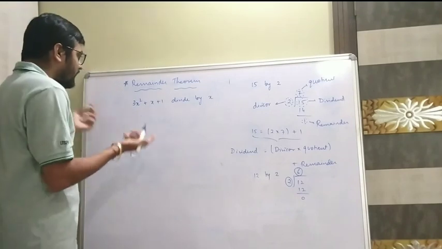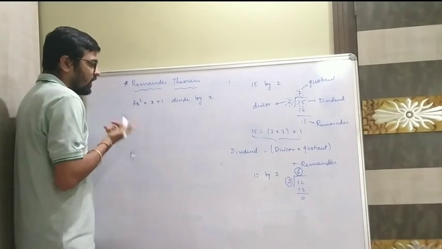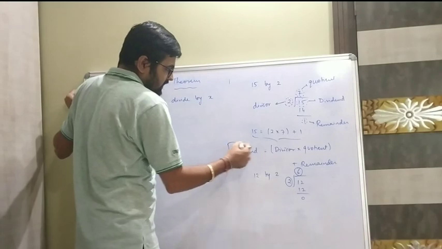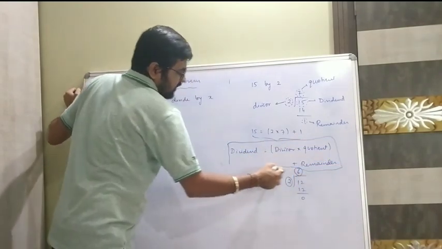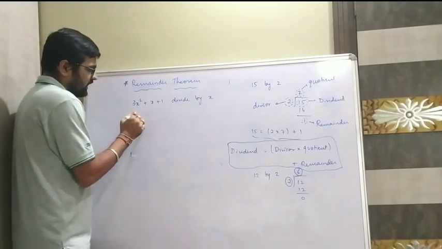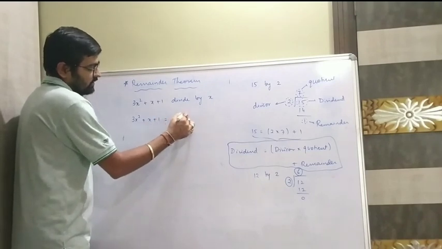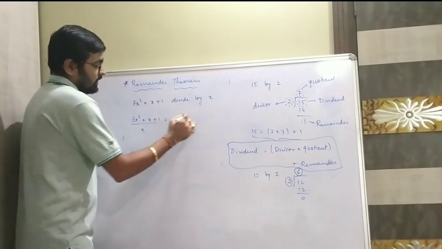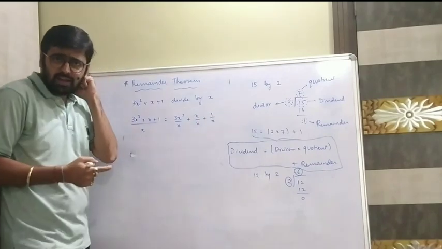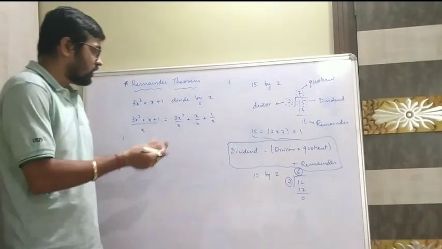Now if I can't take x common and I go for division of this particular thing, how can I do it? Once I have done something like this, what should this kind of expression look like? How can we divide like this? So let's, for the sake of understanding, divide this by x. I am getting 3x square by x plus x by x plus 1 by x. Can I divide 1 by x? No, I can't, because there is nothing common in that and I can't cut that.